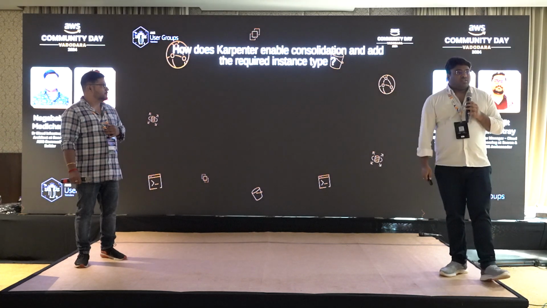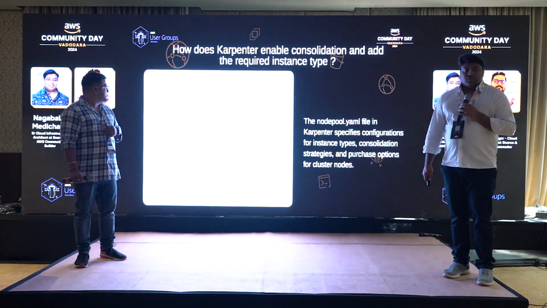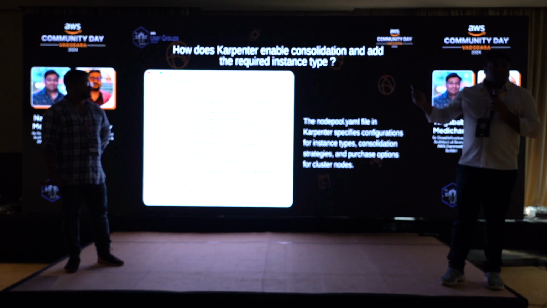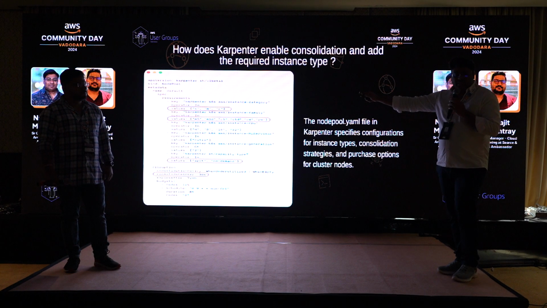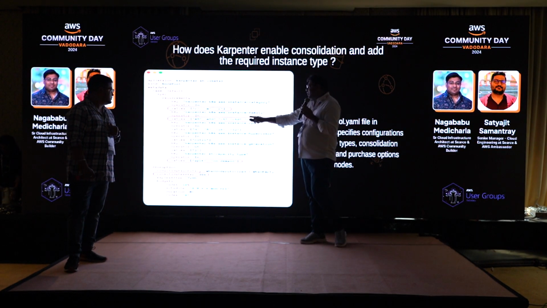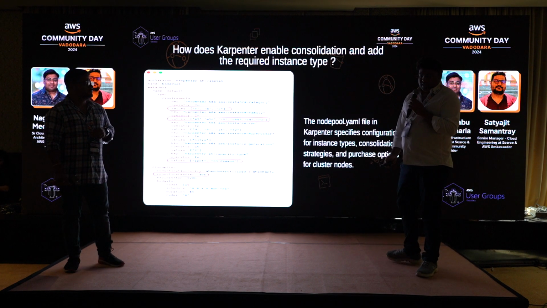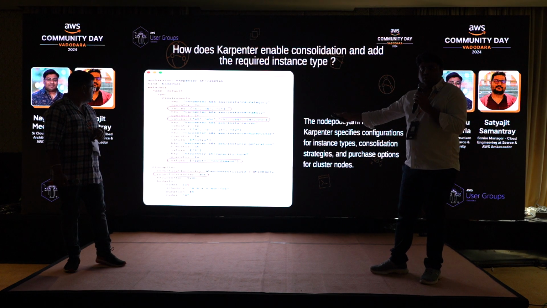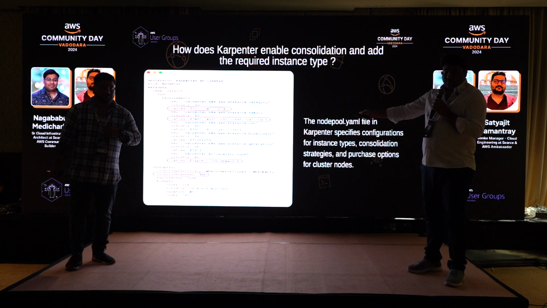So how does this consolidation happen? I'm talking so much theory. How do we implement all of this? That is where we have a file called the nodepool.yaml file. When you install Karpenter, you need to configure it here. If you see here, I'm specifying what type of instance should be there. I put the C family, M family, and R family, and instances I have also selected. At the bottom, I have capacity type, where I have chosen spot and on demand. I'm not sure if it is visible completely, but this is where we specify it.